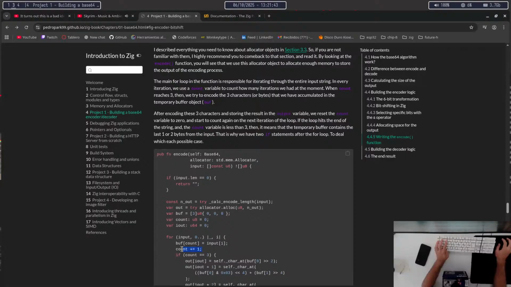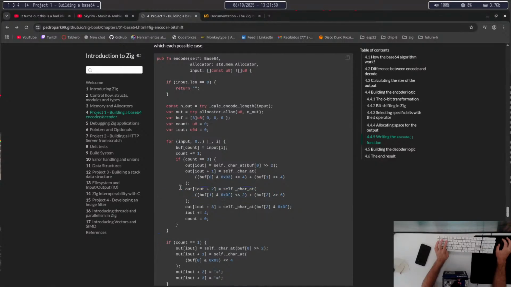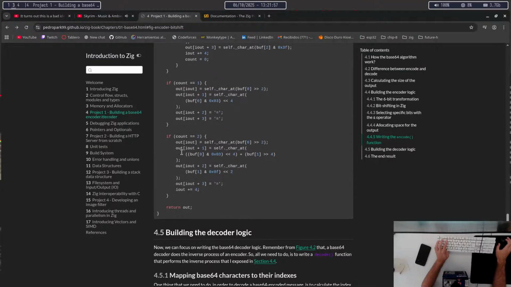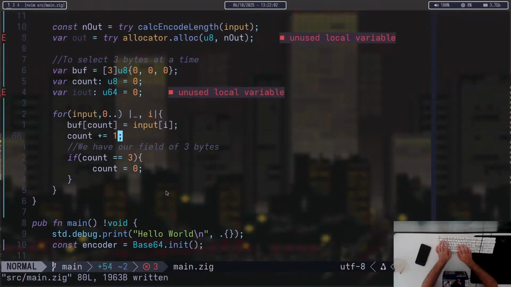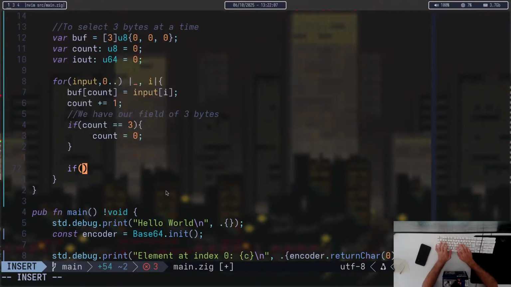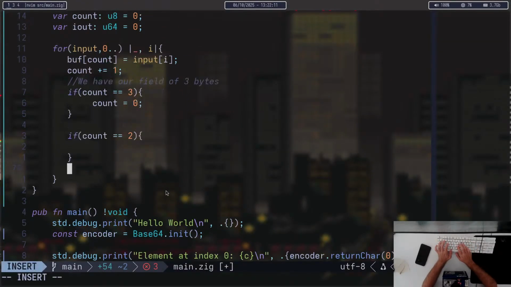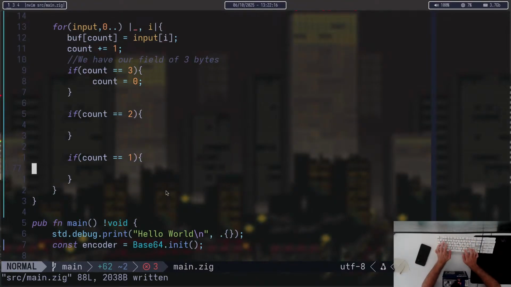Out i_out itself is the good one. So I first need to do this, right? If count equals 1. So this is basically, as I go, I get my fields and then I do this. We have a field of 3 bytes. I'm just going to say if count equals 2, and if count equals 1. And I'm going to leave it for today